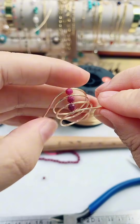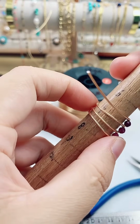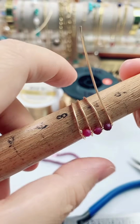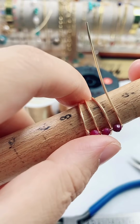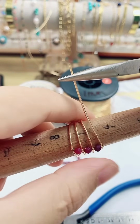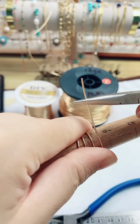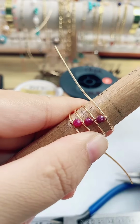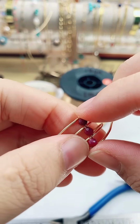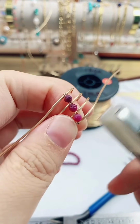Here first wrap it like this, and then we test the size again because we need to make a size 7. And now here it is a little bit big for size 7, so here I will put it here, and then we pull the wire, pull it tight, let it stay at size 7. Okay, then let's take it from the size stick, and here we left 2 pieces of the wire. We are going to